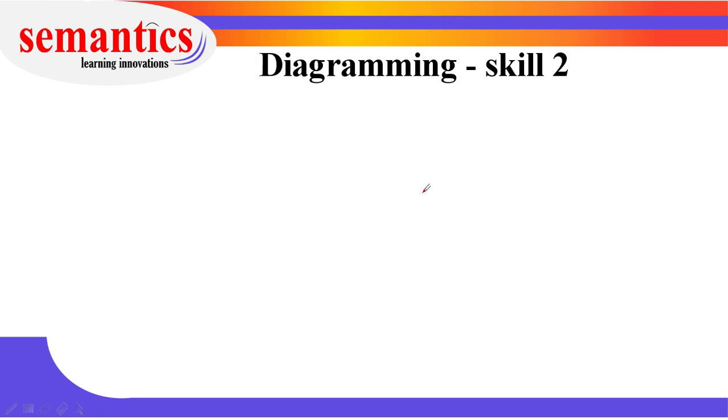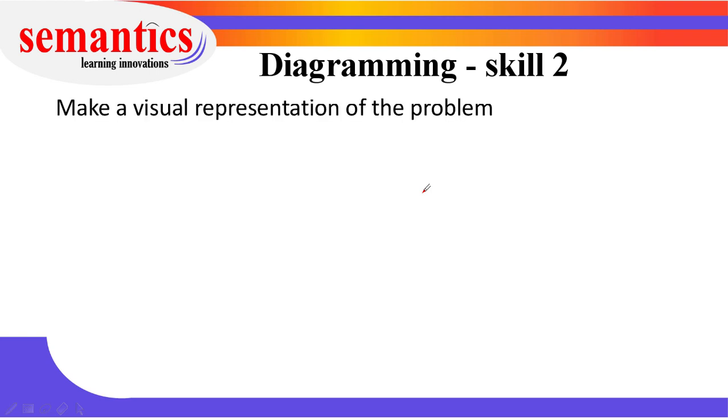diagramming. Diagramming is a very useful skill. When you read a mathematical question, you might have to picturize the question. You make a visual representation of the problem. Generally, I find that students who have a non-math background, if I explain the question in the form of a picture, they can understand it better than writing equations. So what are the different visual representations we can use? We can use a table, we can use a flow diagram, graphs, anything.